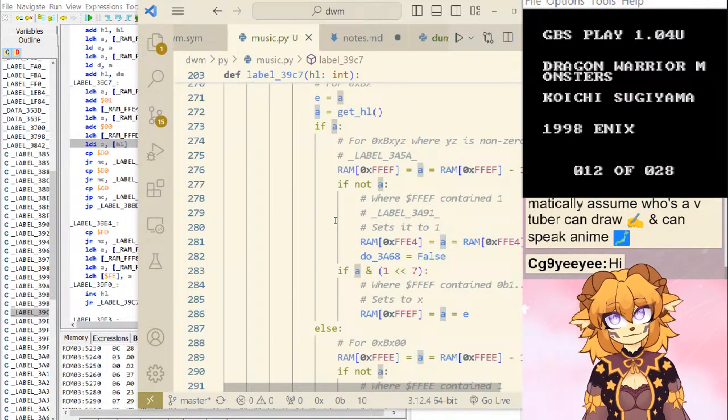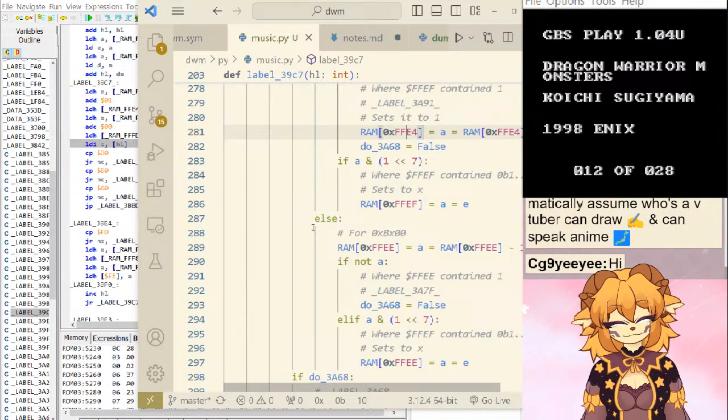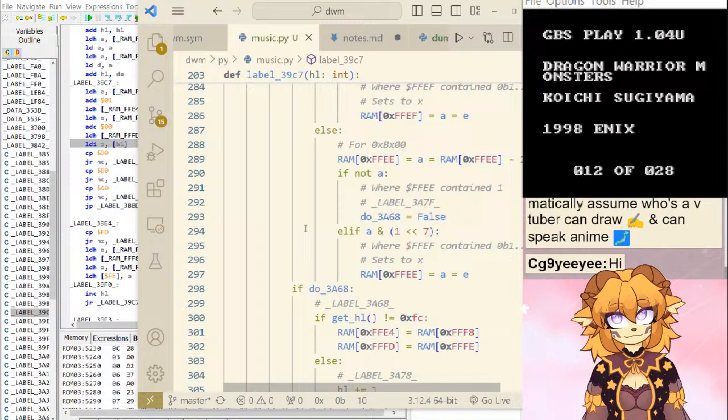So it's interesting that this uses the HL and hasn't incremented it at all. Maybe it just naturally increments later.